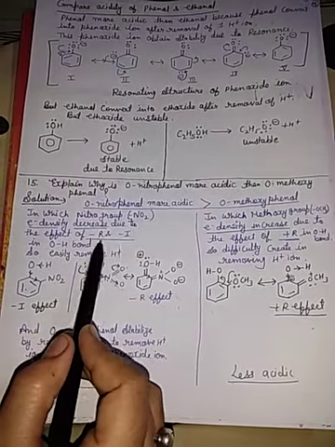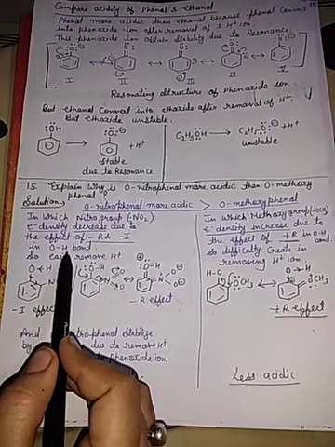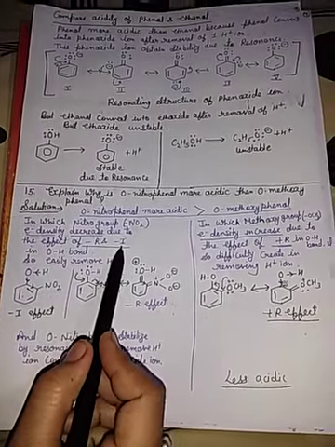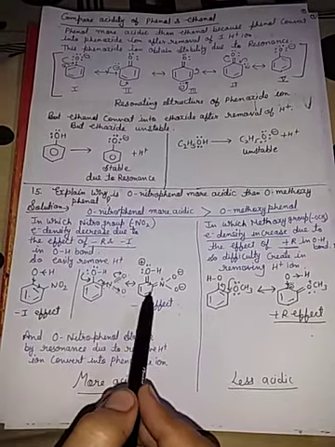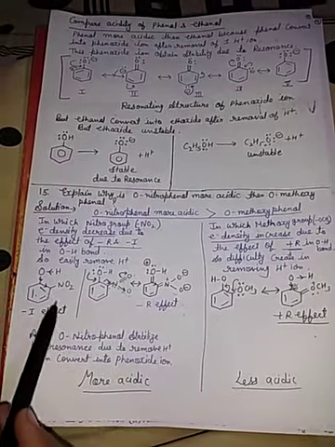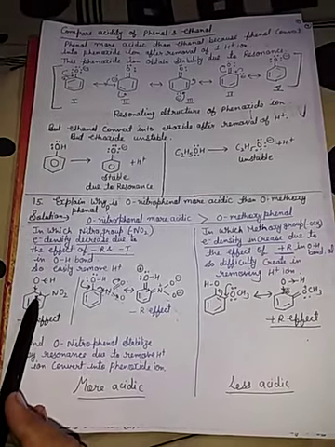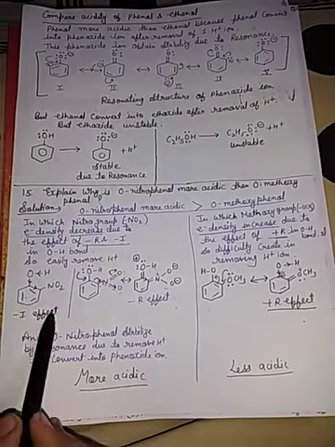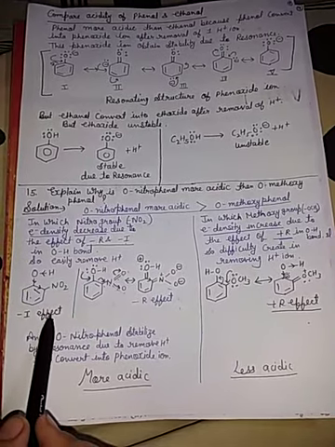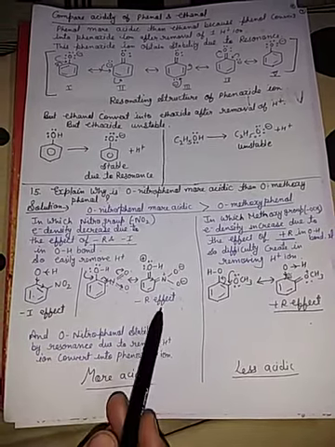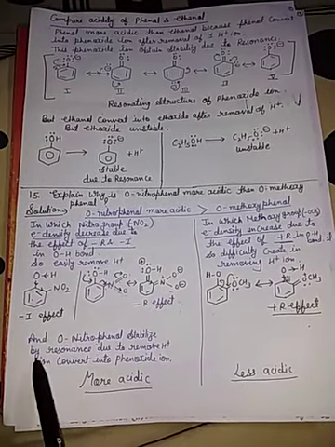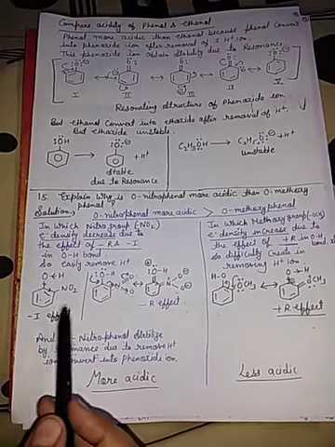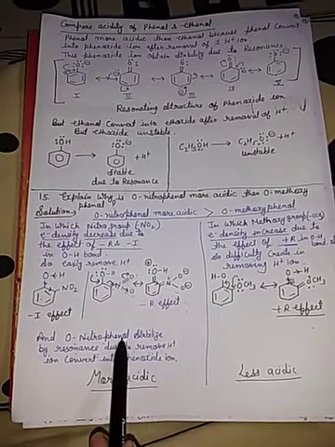So this NO2 group captures electrons from the ring, and its electron density decreases due to the minus R and minus I effects on the OH bond. R is the resonance effect and I is the inductive effect. So the H+ ion is easily removed. In the minus I effect, the NO2 group attracts electrons from the benzene, and benzene attracts electrons from oxygen. So it is the minus I inductive effect, and this is minus R. Ortho-nitrophenol is stabilized by resonance after removing the H+ ion and converting into the phenoxide ion. So it is more acidic.